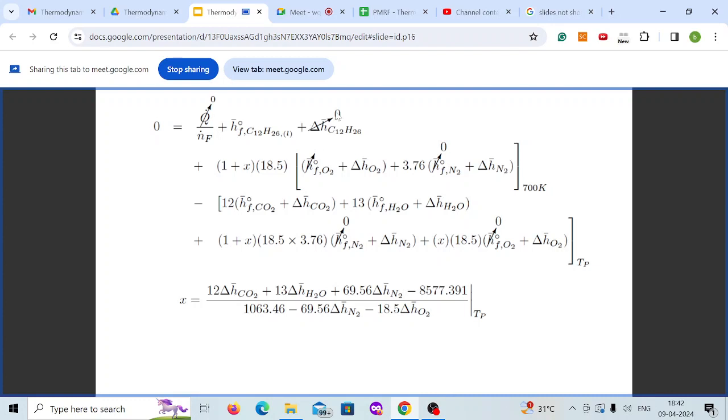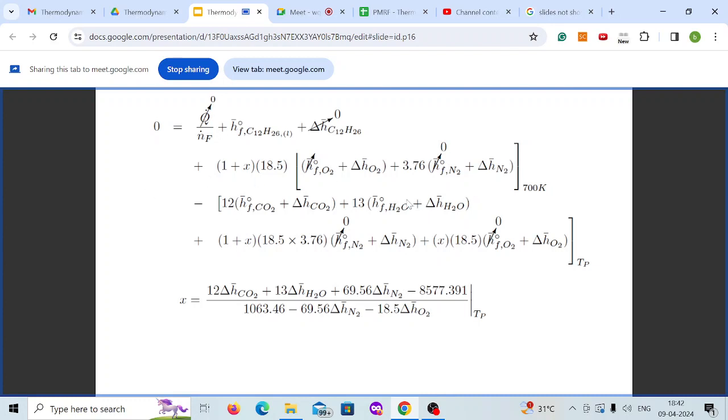Here they are giving the same temperature, 298 Kelvin, so this will be 0, plus 1 plus x into 18.5 moles of air, so corresponding air enthalpy of formation and sensible heating. Here enthalpy of formation of oxygen and nitrogen is 0 at 298, so that is 0, and the sensible heat value should be taken because the air is at 700 Kelvin, then minus your product,